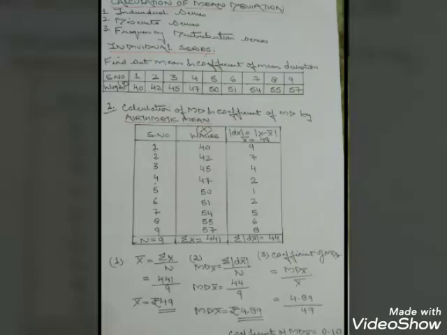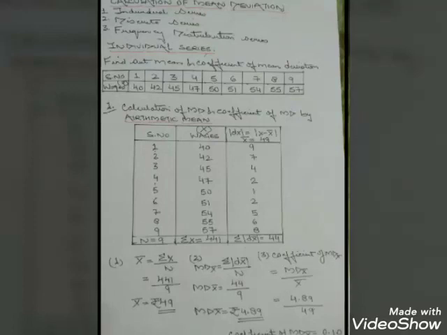Now we'll find out the mean deviation, because we have got the figures now. The formula for mean deviation, second part C, goes like this: MD arithmetic mean equals sigma dx arithmetic mean upon n. Your sigma dx, that is the deviation, is 44, and your n is 9. If you divide 44 by 9, you get your mean deviation through arithmetic mean as rupees 4.89.